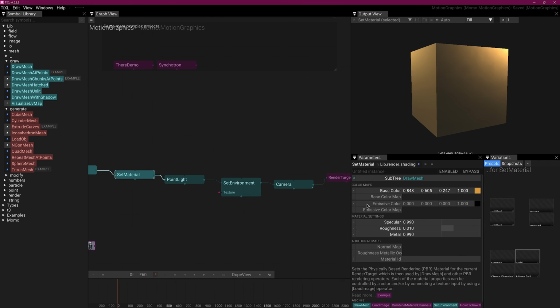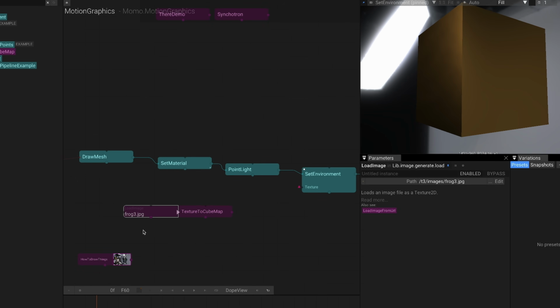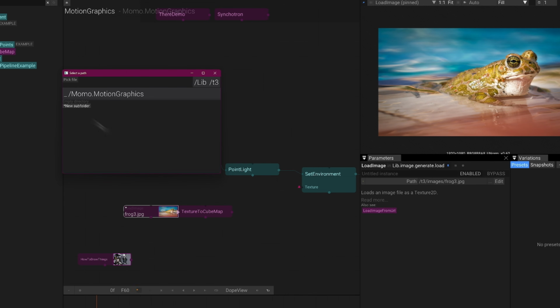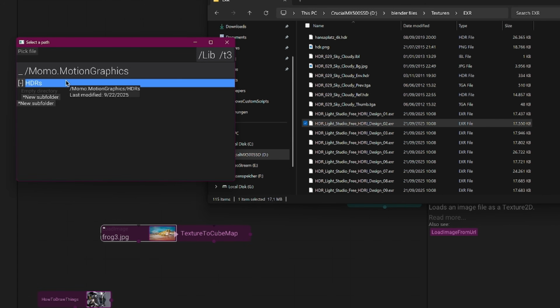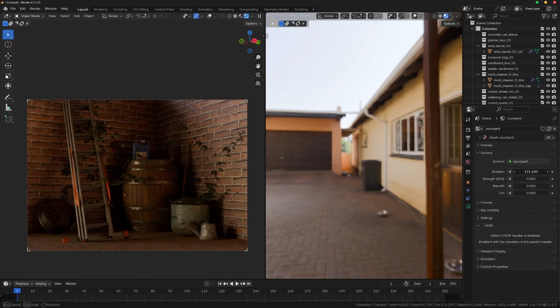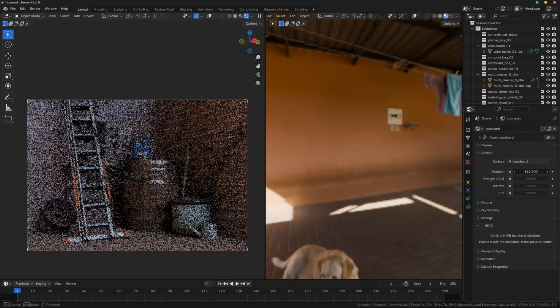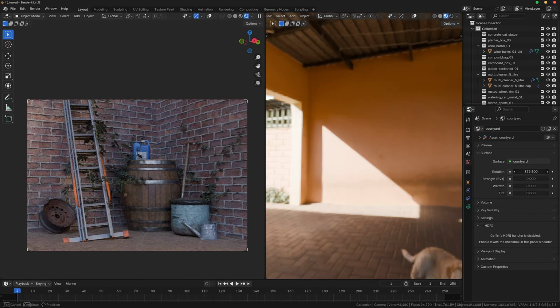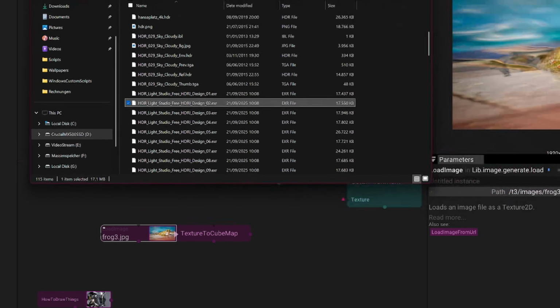You can also set a PBR material and texture environment, which is good, but loading images feels very awkward, since you first have to open the project directory in Tixel and create a subfolder to add images by drag and dropping them. Also, EXR files don't seem to be supported at all, which kinda destroys the point of a texture environment in my opinion, but then again, it is not a path tracer, so it's not that bad I guess, but as a 3D artist, I already have a collection of HDRI environments which I can't make use of since over 90% of them are EXR files.